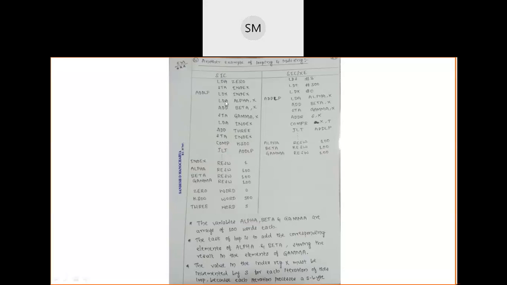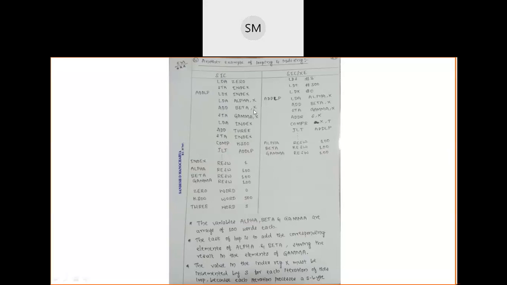Then load the memory into the register A. In memory means what here? Alpha. In alpha, particularly which index? Index 0. In index 0, whatever the integer value was there in this alpha, that value will be loaded into the register A, and in the register A only I am going to add something.